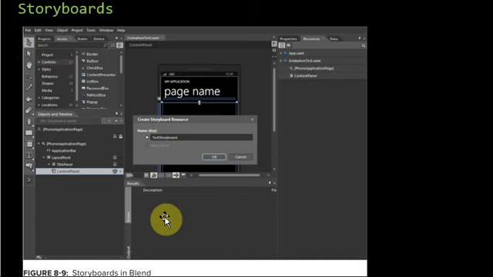Once we have a storyboard, after that we can add keyframes. We can add frames on our timeline. For all the individual elements which are going to perform the transformation, we can add the keyframes. Once the storyboard is created, within that we can add keyframes for the individual elements which want to perform the transformation.